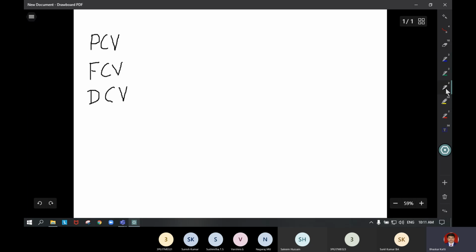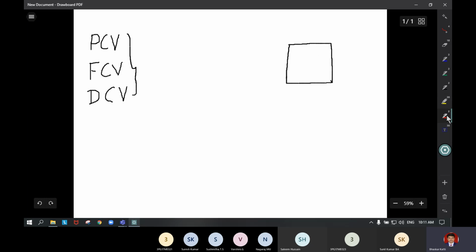So we already discussed all these things in the earlier classes. So we'll go through briefly with the pressure control valve or the flow control valve or the DCV, whatever may be the type of valve. Each valve body has to be represented by a single square box. That is most important. Each switching element or switching position in the valve body has to be represented as a square. Always you have to write the square. Whether it is a PCV or FCV or DCV, the valve body has to be represented as a square.